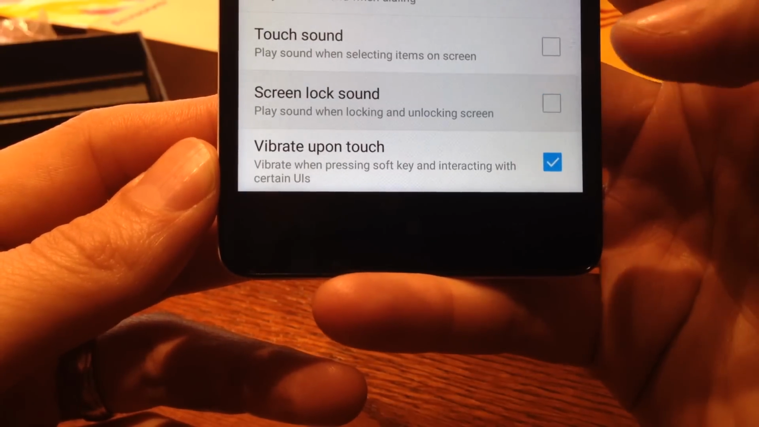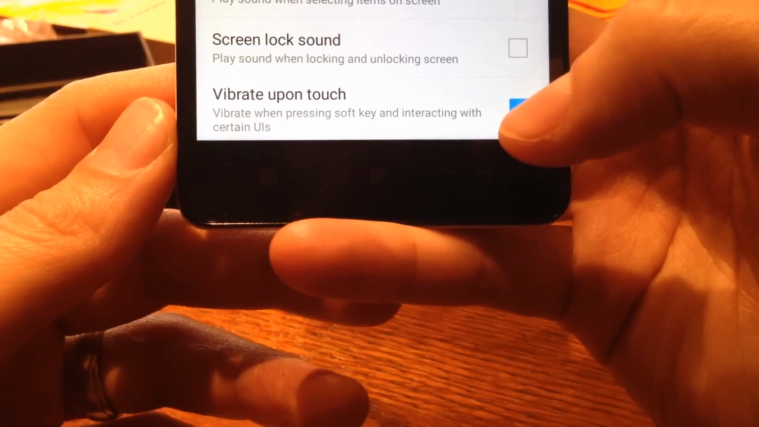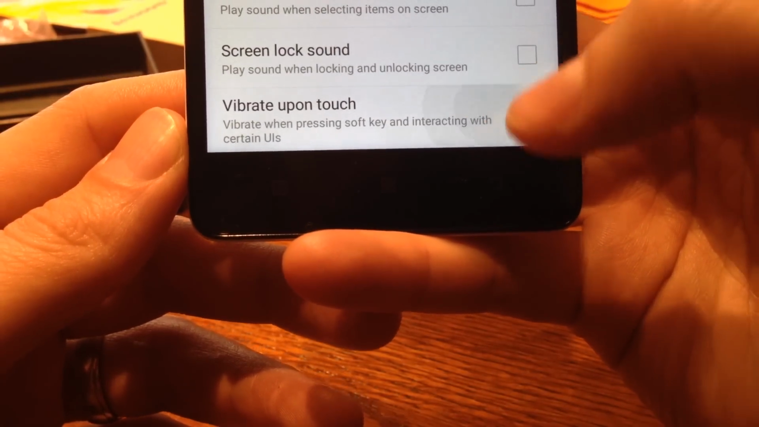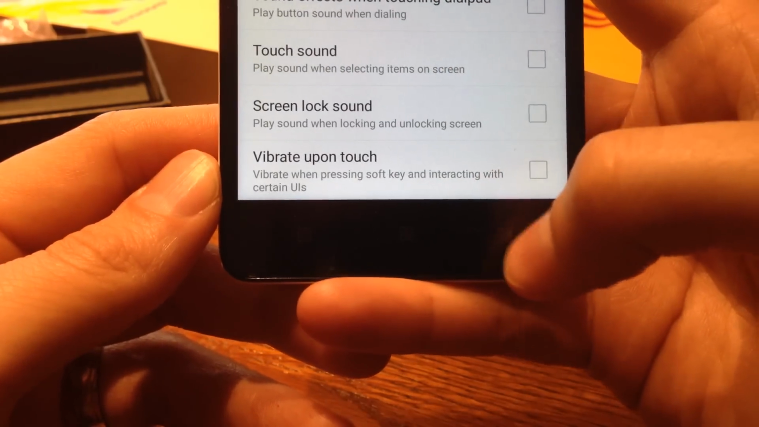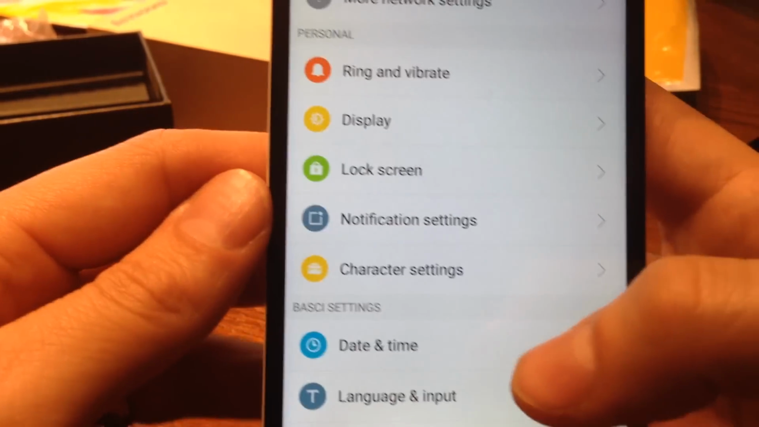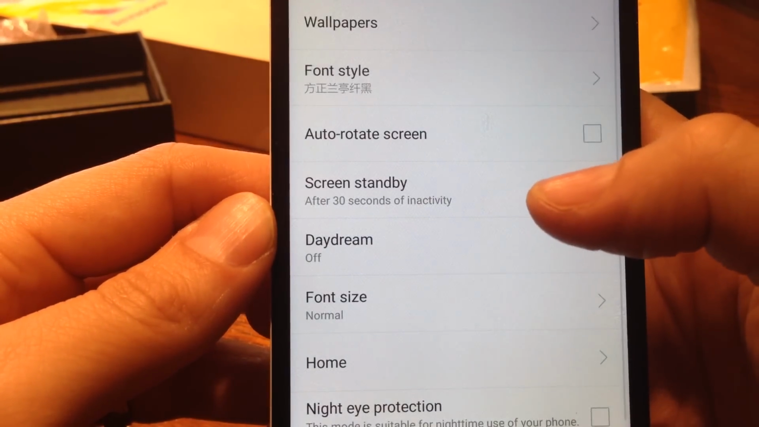Screen lock sound, I don't need that. Your mileage may vary, and vibrate upon touch, I also hate that too. So, nice to be able to turn all those annoyances off. And on display, we've got